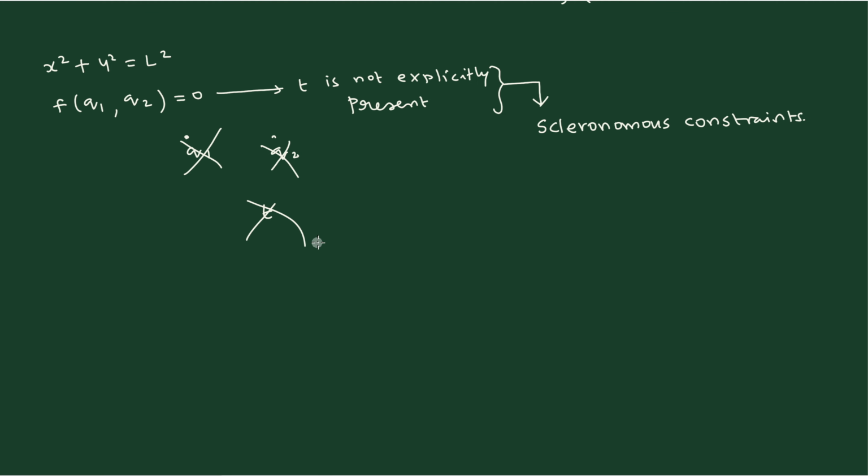The opposite of this scleronomous constraint will be the one where t is present. So the next option would be like this. If the equation of the constraint